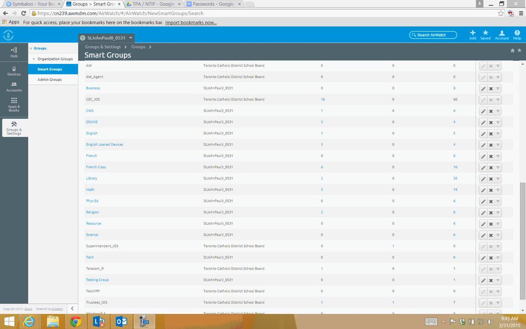So now that we've learned how to sign in, we've learned how to rename our devices, and we've learned then to take those renamed devices and add them to groups. Now what you're going to want to do is add the apps to those groups. And so now you'll go over here to apps and books. And if we just click on that,